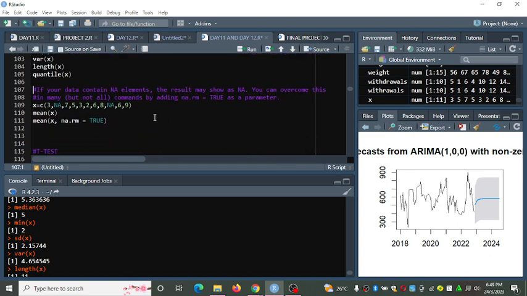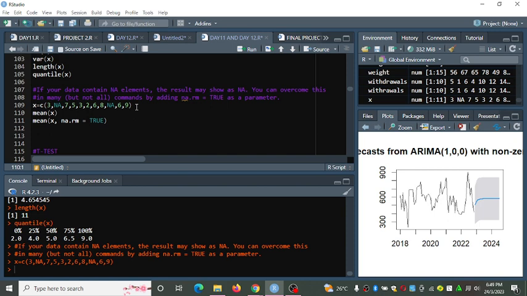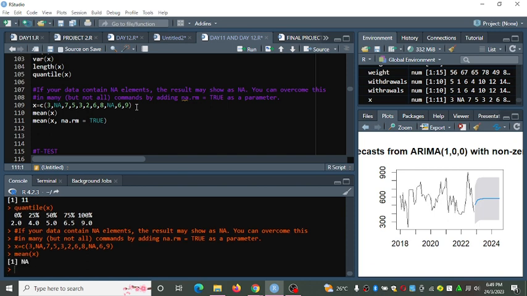So what I'm doing here, for example, when I execute this point and call the mean of x, I'm getting NA.